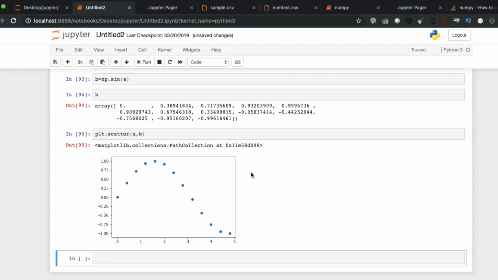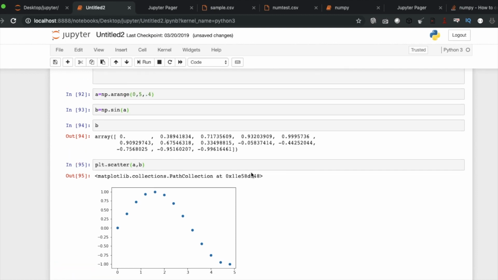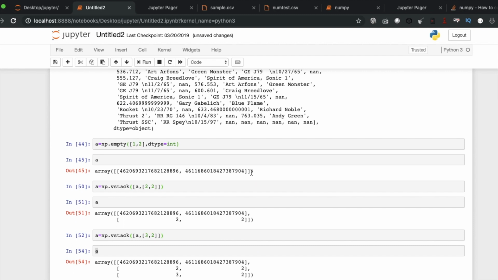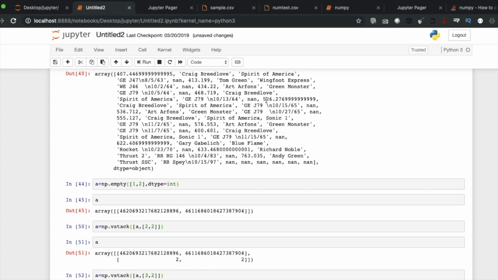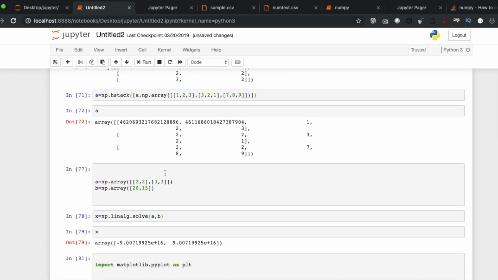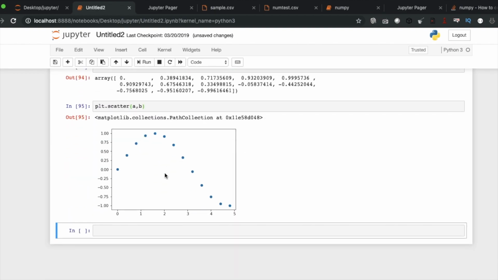So these things can be plotted using any sort of graphs from NumPy arrays. This is not the right forum or time to talk about matplotlib, but anyways I'm just giving you some idea. You can go ahead and start looking at the NumPy documentation.